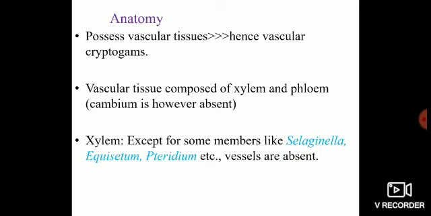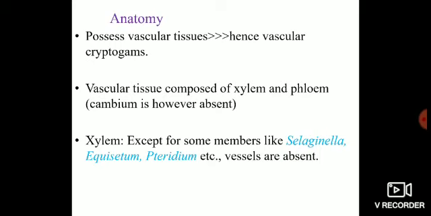Simply stated, if you are studying the internal structural details of animal tissues or plant tissues, you are studying their anatomy. Okay. The vascular cryptogams, I mean pteridophytes, they possess vascular tissues. Since they possess vascular tissues, it is right to call them vascular cryptogams. Okay. Cryptogams means those plants in which the sex organs are hidden, in which flowers are not produced, in which